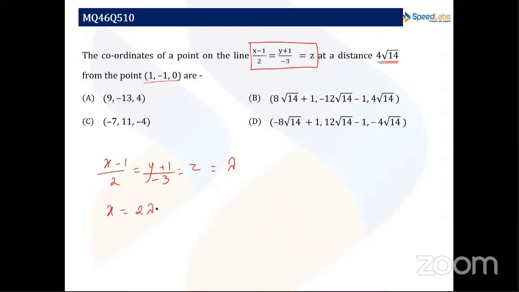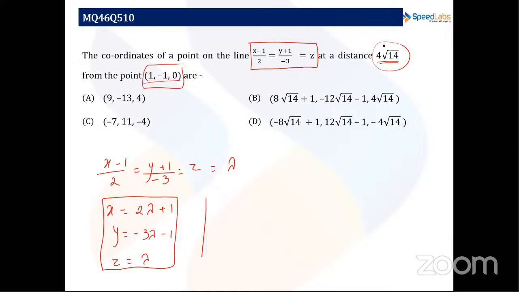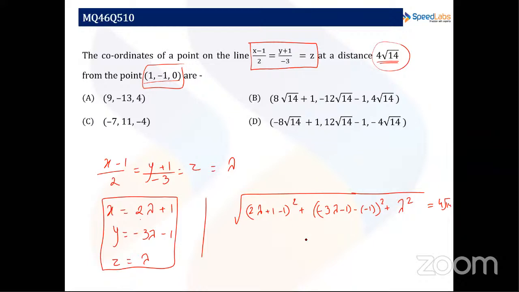So x coordinate will be 2 lambda plus 1, y coordinate will be minus 3 lambda minus 1, and z coordinate will be lambda. Now it is given the distance from this point and this point is equals to 4 root 14. So applying the distance formula, under the root, (x2 minus x1) so (2 lambda plus 1 minus 1) whole square plus (minus 3 lambda minus 1 minus of minus 1) whole square plus (lambda minus 0), that is lambda square, is equals to 4 root 14. On simplifying you will get